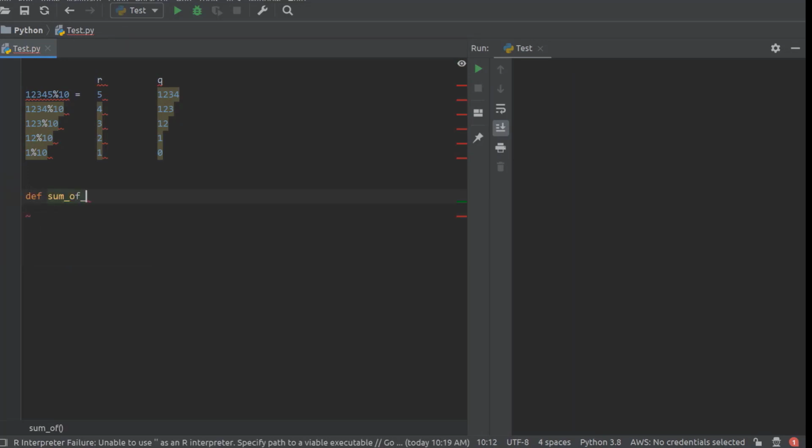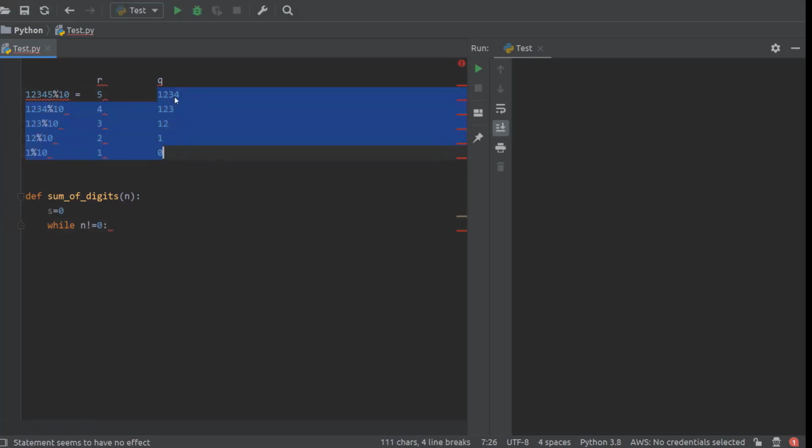Okay, this is the name of the function, sum of digits. To this function we are passing that number, which is n. It's a 2-line code only. We are creating one variable s that will sum all these digits. Then we are writing one loop. We'll run this loop until n becomes 0. So we will consider this value as n: 1, 2, 3, 4, 1, 2, 3, 1, 2, 1, 0. That we will consider as the n value.